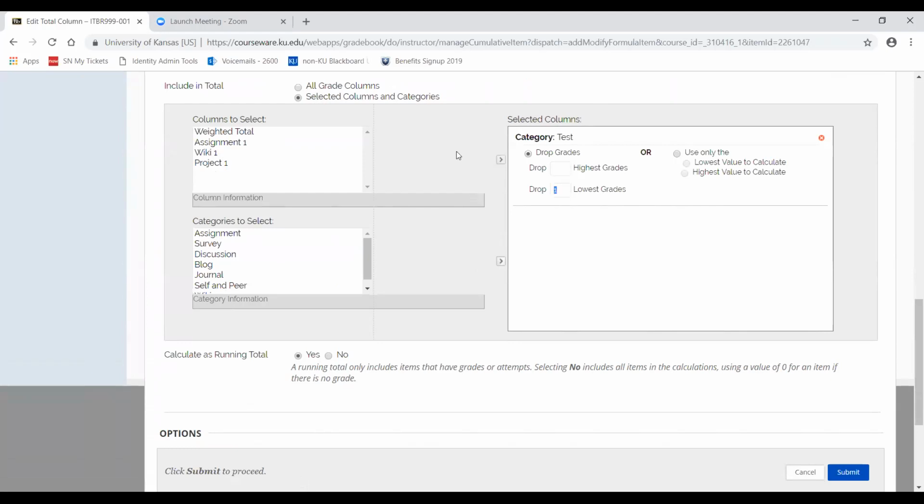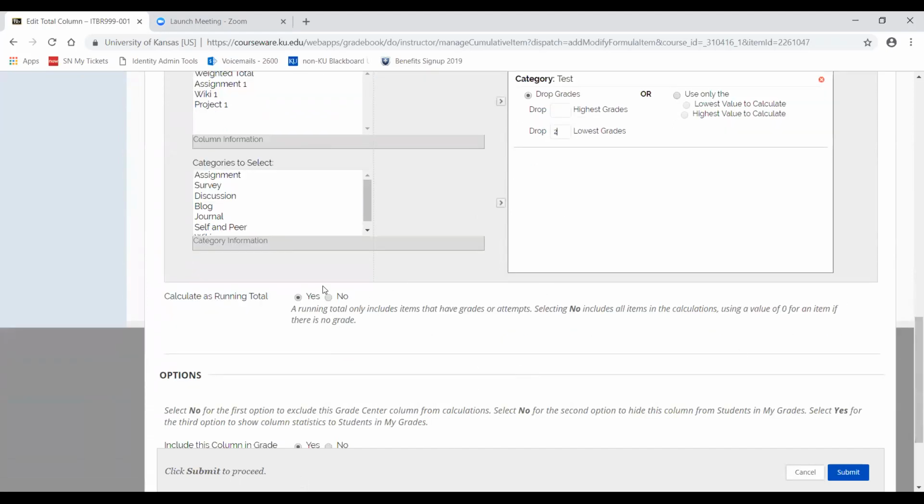And it could be the lowest 2 grades, and if you really wanted to, you could drop the highest grades too. But most people don't do that. One thing we overlooked, or I overlooked in the last case with weighted column, there's an option right below this